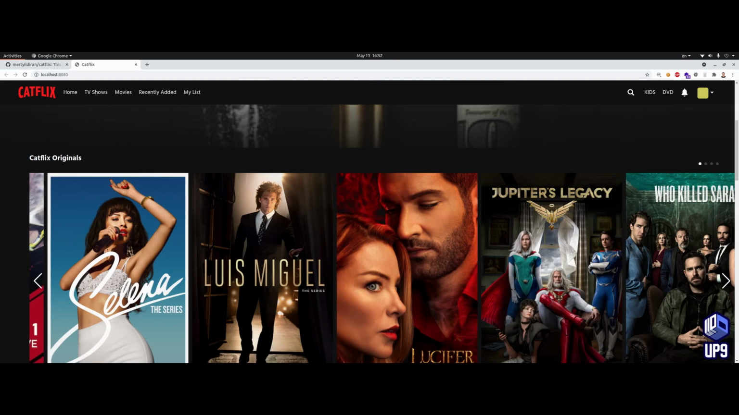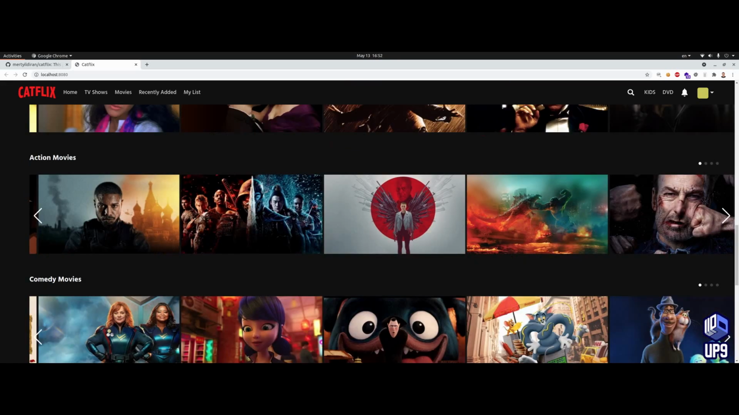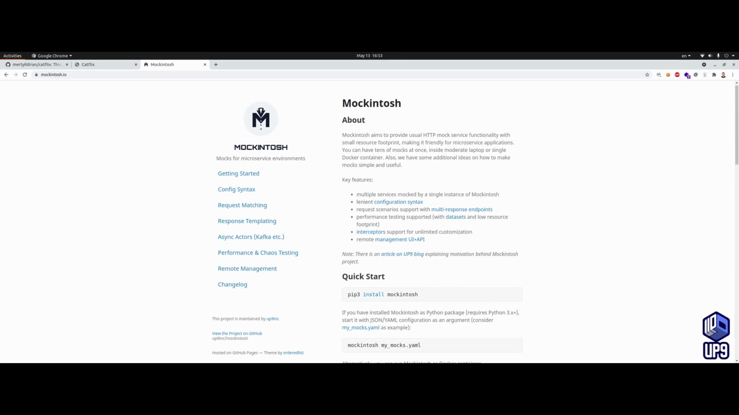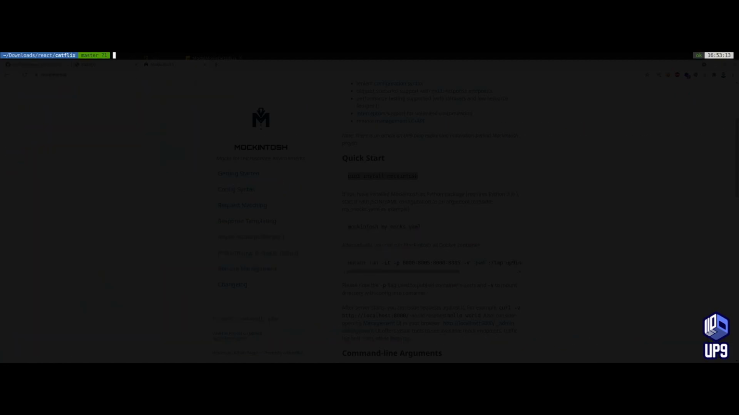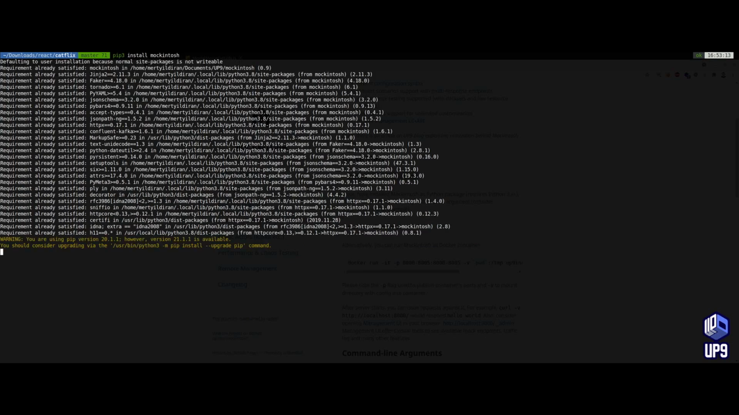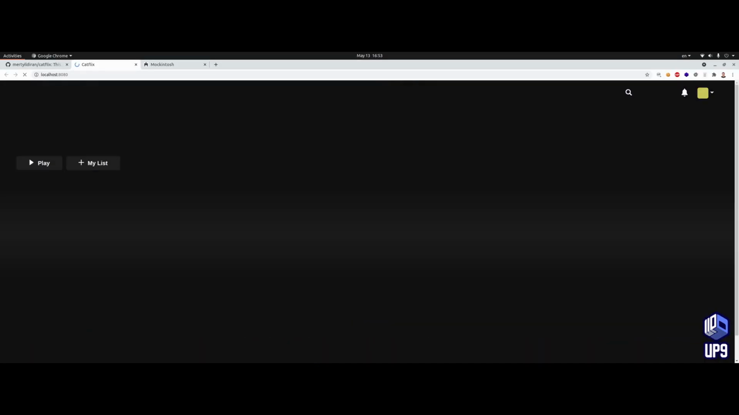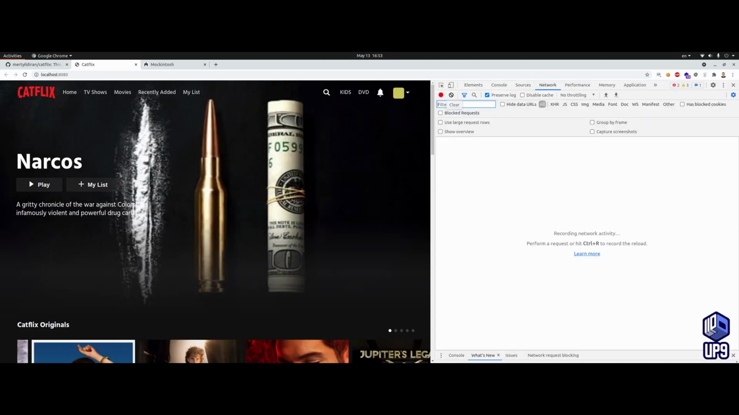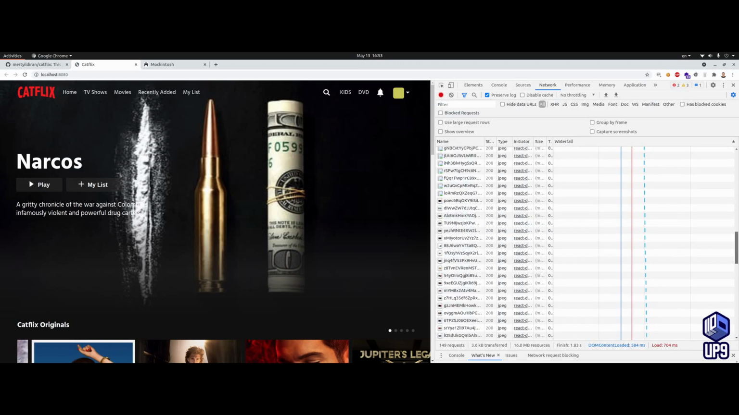So instead of dealing with the backend API and the database, I can mock the backend API with Mockintosh such that I'll just do a pip install Mockintosh, and Mockintosh will be installed into my machine. And then I do a refresh, I look at what is going on in my traffic, I do a refresh, and I can see that